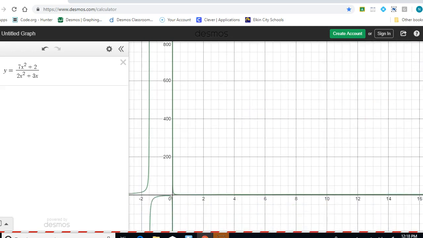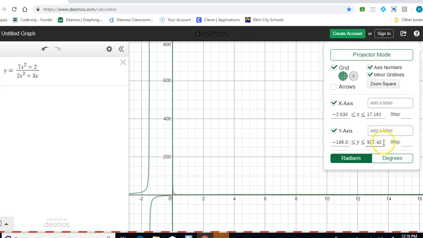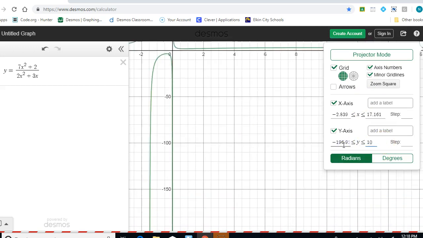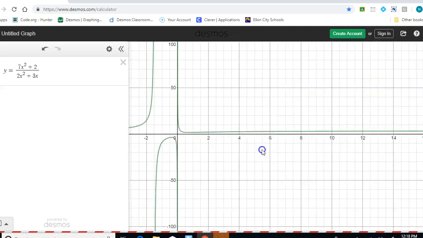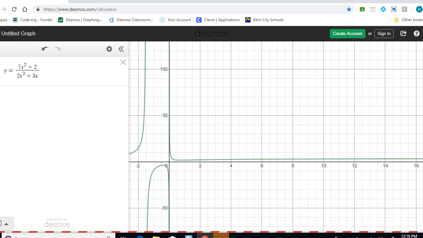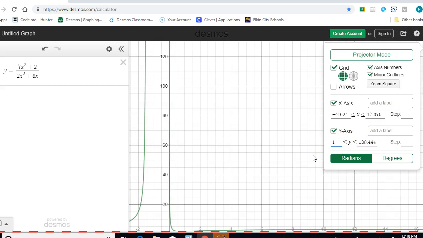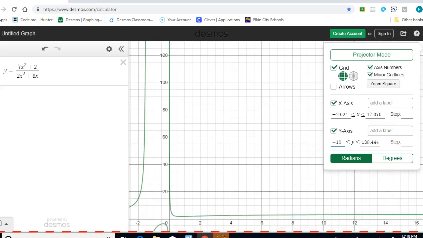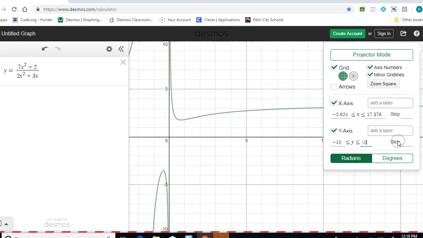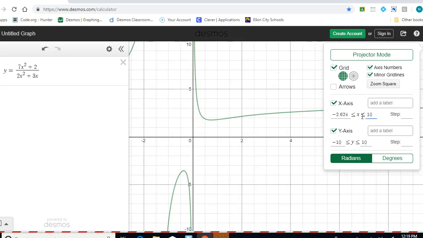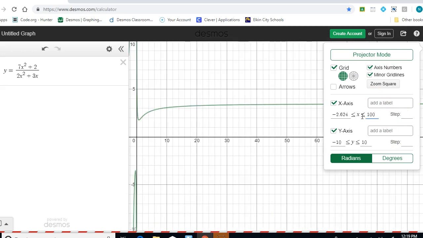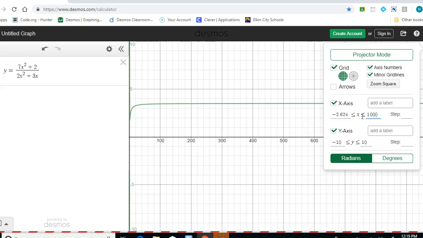Oh, wait, I'm doing the y. Sorry, that's not what I want. Let's go back to, let's make it 10. Okay. Why is it doing this crazy stuff? Okay, I just want that. Okay, let's make my x. There it is at 10. If I make it 100 or 1,000 or